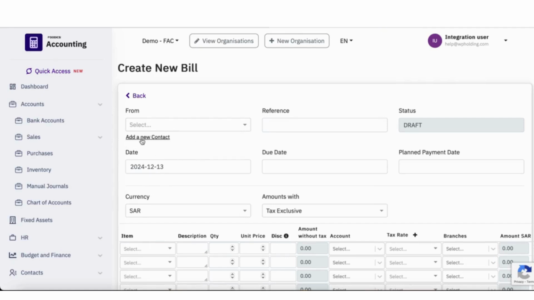I will add a new contact, customer name, for example, supplier 12, reference, for example, expenses,